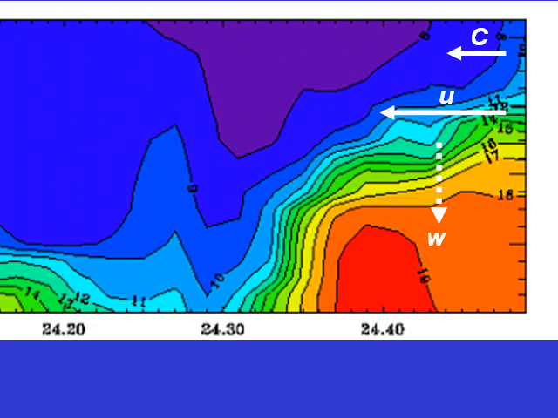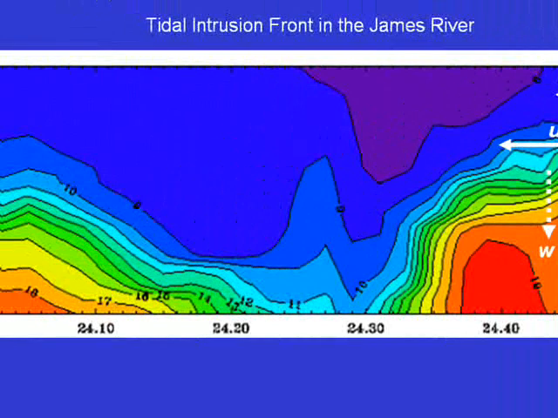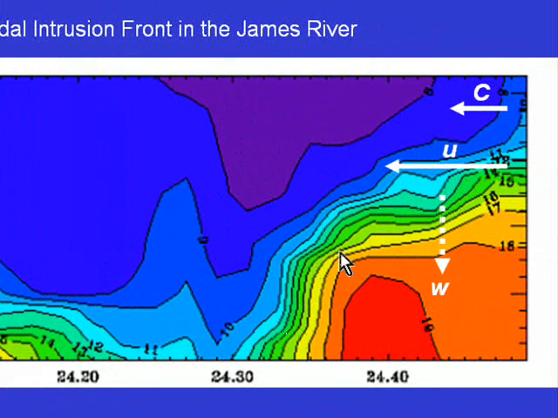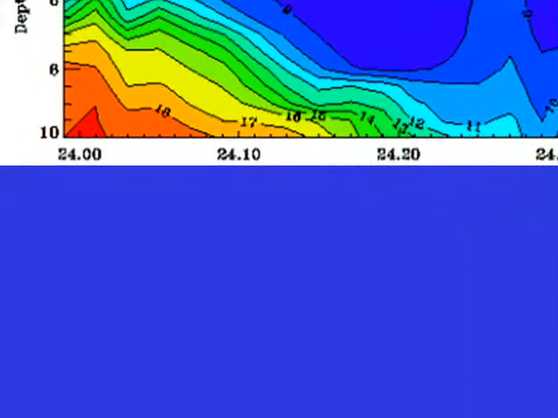This is a time series of depth versus time of the tidal intrusion front at the James River estuary. And you can see here during flood the high density water intruding here. There's a front right here. So this is the bottom expression of that tidal intrusion front. So the surface expression does not appear on this figure. It developed later on. But so this illustrates the large phase difference between the surface intrusion front and the bottom